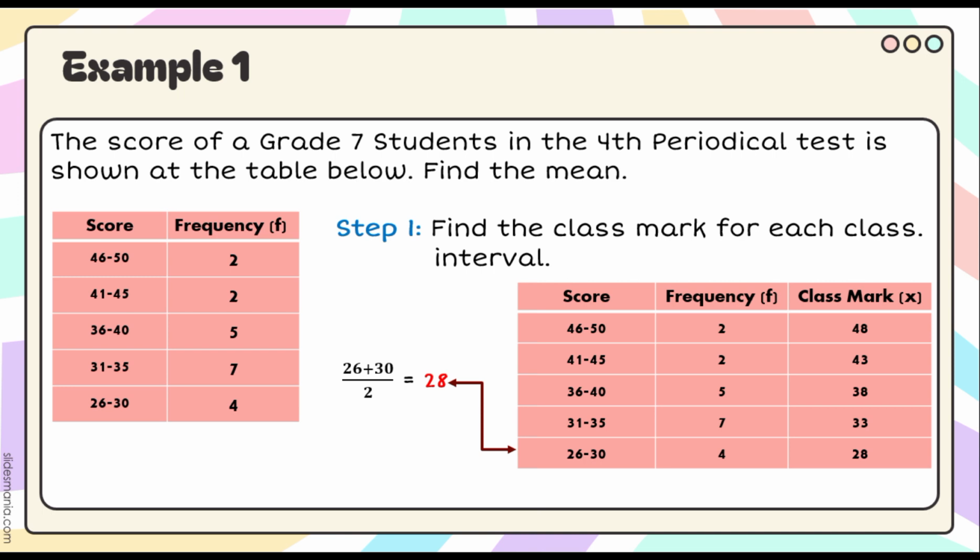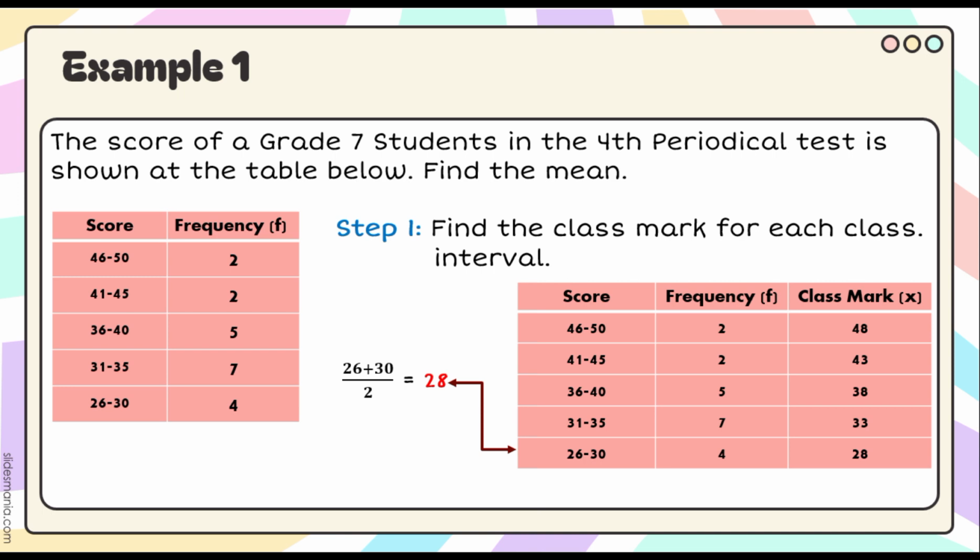Again, to solve for the class mark, you have to add the lower limit and the upper limit. For example, in the first row, we have 46 and 50. We add 46 and 50 and divide by 2. That is why we have 48, because when we calculate 46 plus 50 divided by 2, it results in 48. So